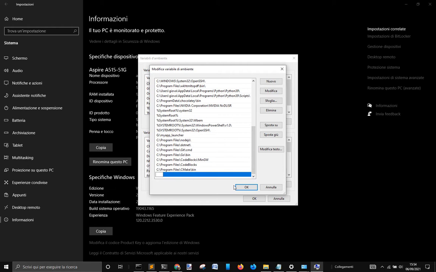You go New and tell where your folder is. I could add another folder which is called just apps, in which I add my apps, my batch files that I can run. Okay,